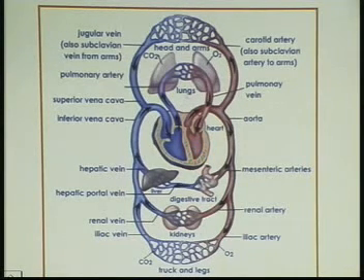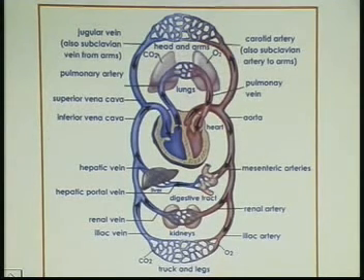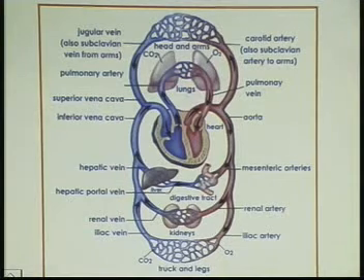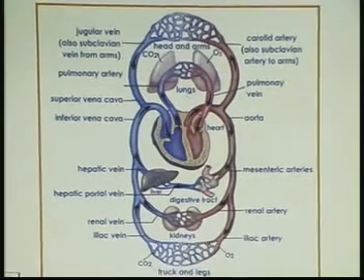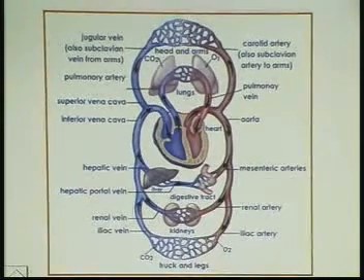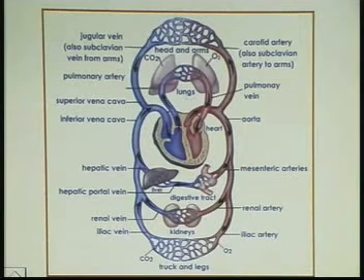Now, looking at this diagram, you may feel the entire circulatory system is so complicated. But in fact, if you understand it and your concepts are right, this diagram can be sketched within minutes, with your understanding being perfectly exhibited in the way you label and use the arrows. Let us start understanding the systemic circulation.